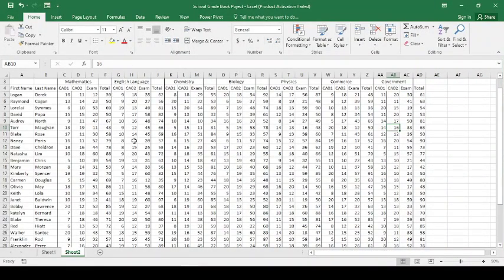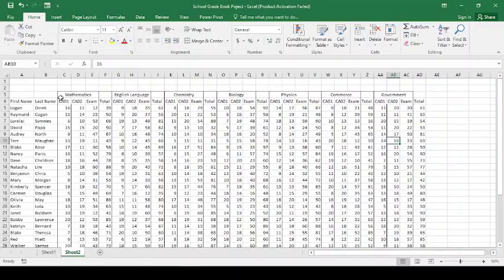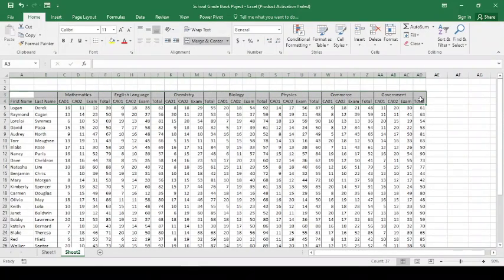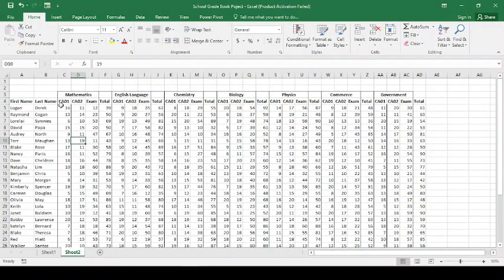Okay, so I want to do a little bit of formatting right here to bring all these quite closer. So I'm going to format these cells here, make it bold, right? Once that is done,